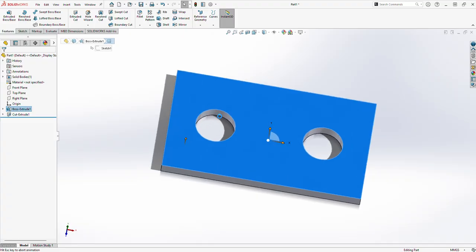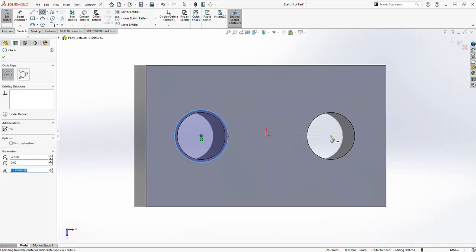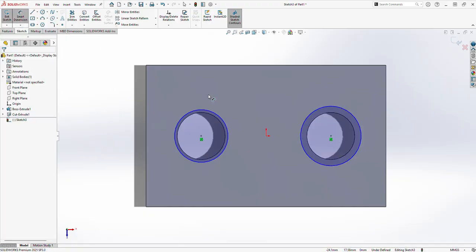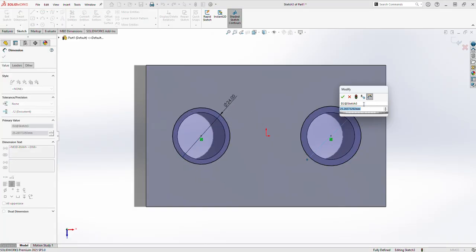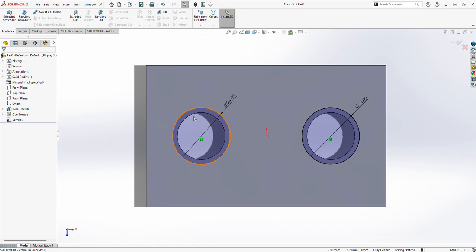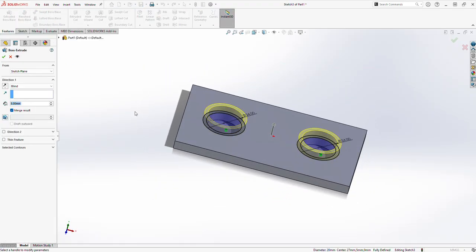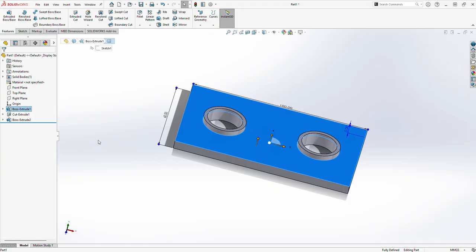You can now select a sketch and make a circle at this origin point of 24 mm, then go to smart dimension and make this dimension 24 mm, then go to sketch tab, sorry guys, convert entities, and then go to features tab and select extrude boss base and extrude it up to 3 mm and then OK. You can see this result,